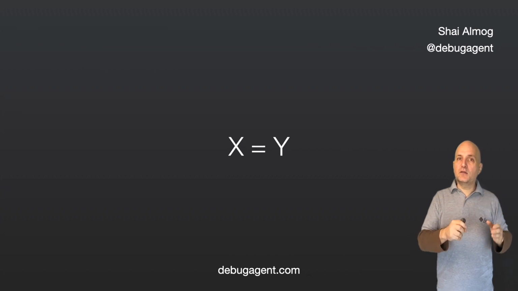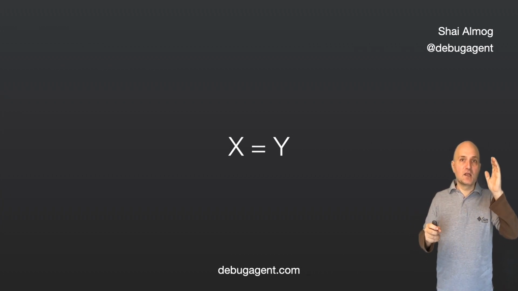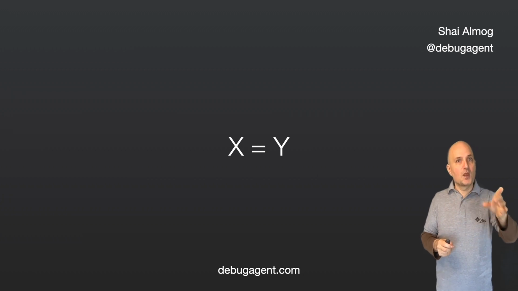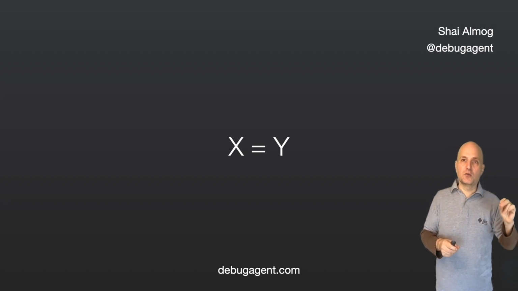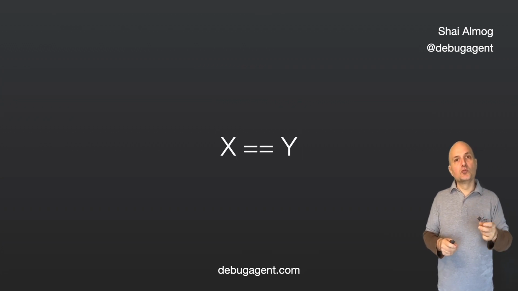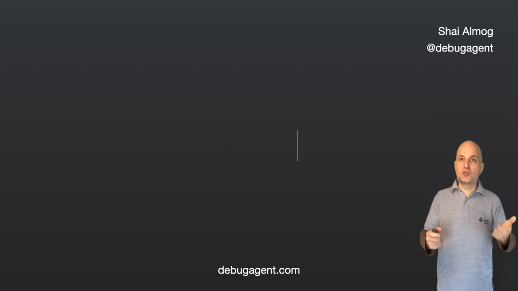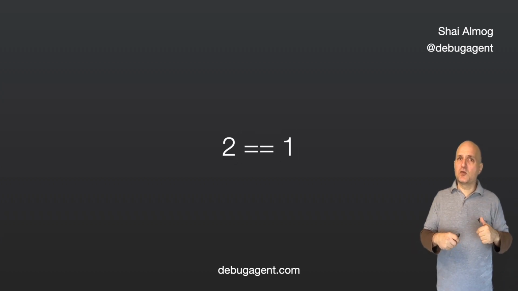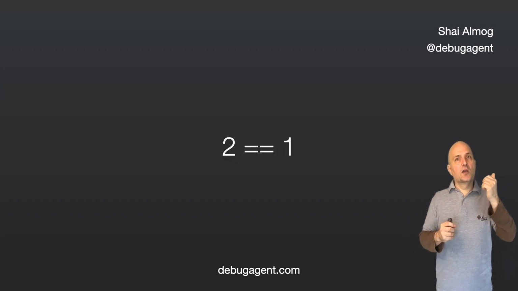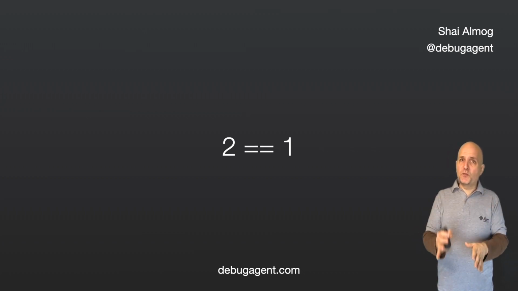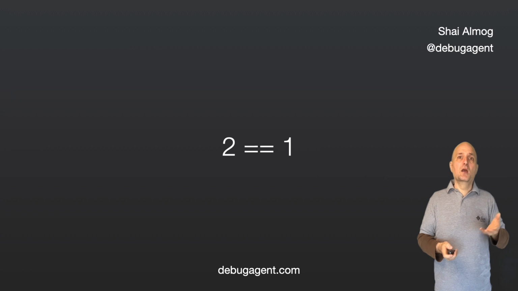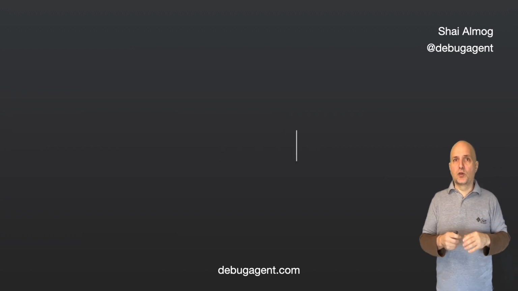Now, you might incorrectly assume that this is a valid condition. It isn't. The reason is that we use the equal sign to assign values to variables, and that can be confusing. Instead, we use the double equals sign to indicate an equality sign, which means this test would be true, and this test would be false. There's a lot more to say about conditions, but for now I think we got the gist of it. So let's go back to the code.